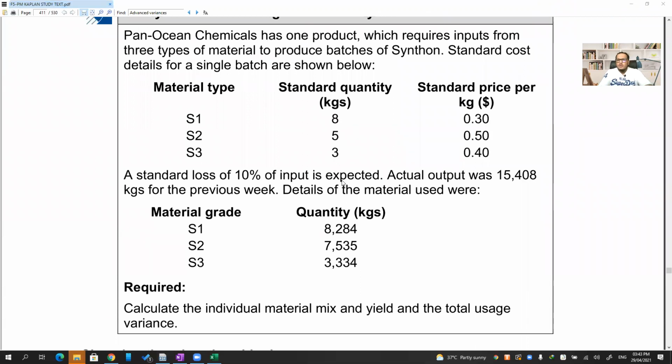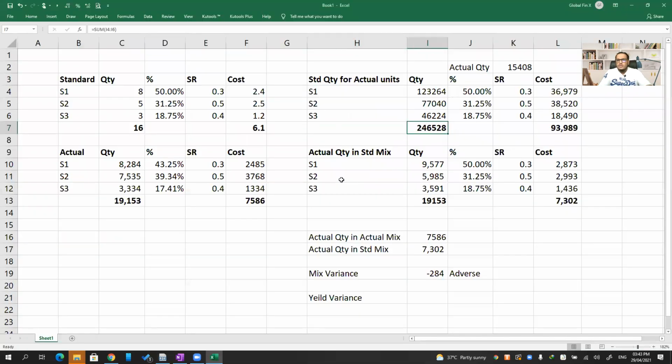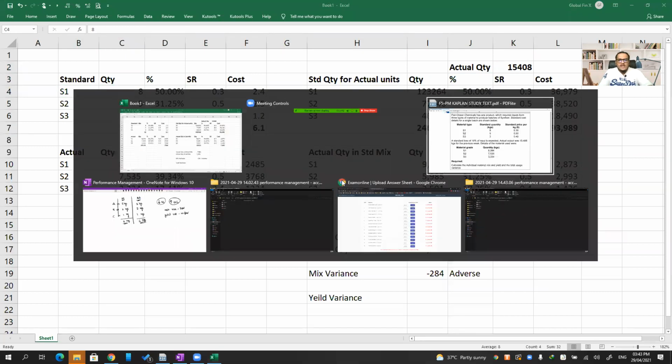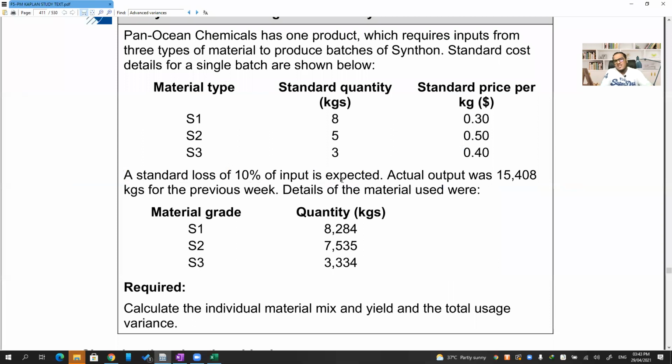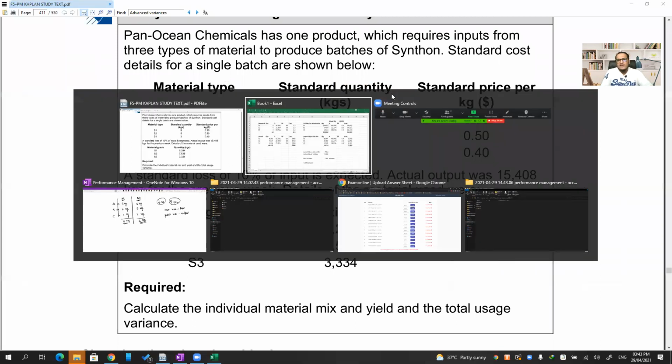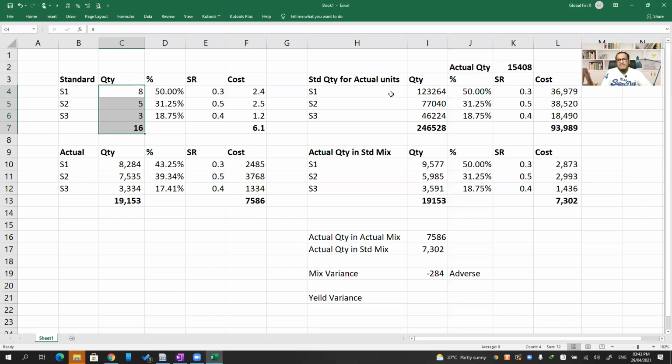Okay, so we were able to produce 15,408 units of finished goods. Okay, cool. This is not actually the standard quantity per unit of finished good. They just gave you the standard mix, I guess, but they mentioned it as standard quantity. They should not have done that then. The 15,000 units, obviously it's going to be 1,23,000 units. It's not going to be 8,000 or 9,000. Anyways, for this particular situation, I'm going to do a different technique here.